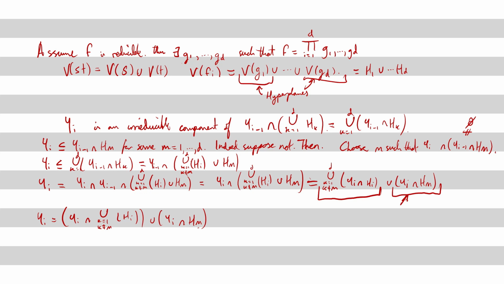Therefore, it cannot be expressed as the union of two proper closed subsets of it with the subspace topology endowed with it. But this is precisely what we've done. This is a proper closed subset of Y_i, because if this were empty, then H_m would have to contain Y_i, but that was supposed not to be the case. And if H_m is not empty, then